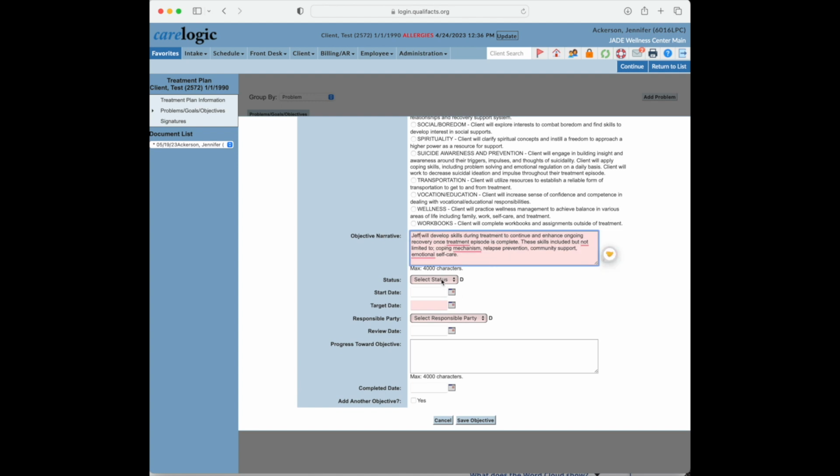At some point, just play around in here and read about what all of these actually say, because I don't want to waste your time by reading them to you right now. But we're just going to build this out together. This is the one that I always talk about as far as the step down objective in IOP. So in IOP, before they step down, I want to make sure that they are making progress on building coping skills, relapse prevention, community support, and emotional self-care. If they're not making progress on these 4 sort of pillars of treatment, then it's probably not time for them